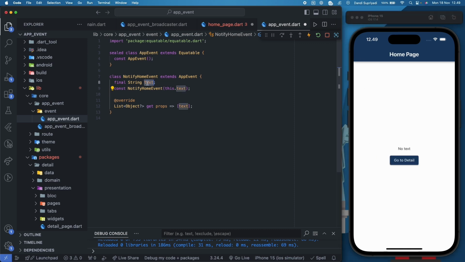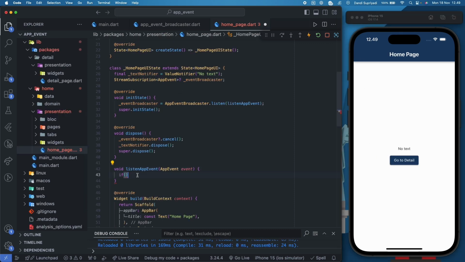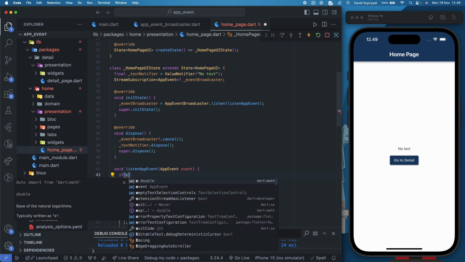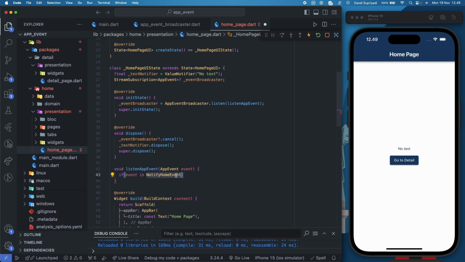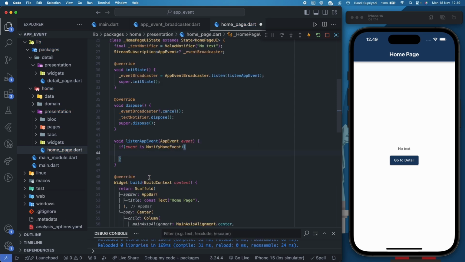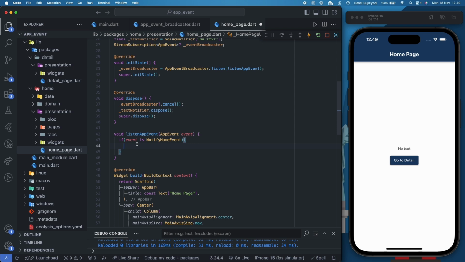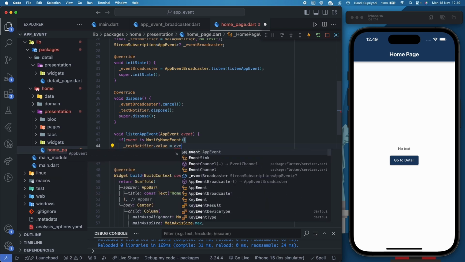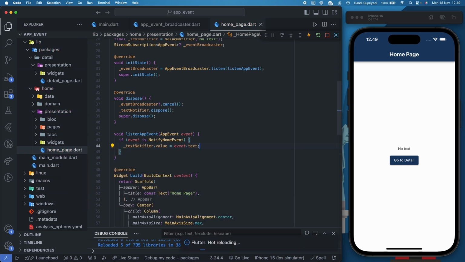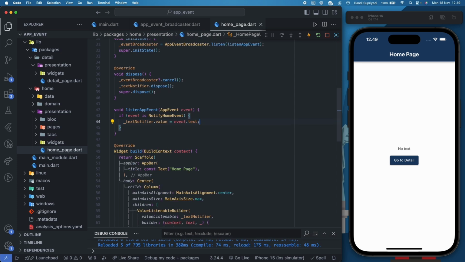So for example, if the event is notify home event, what will we do about this event on the home screen? What we will do is change the text notifier value to the event value, event.text, and yeah, that's it. That's basically it.